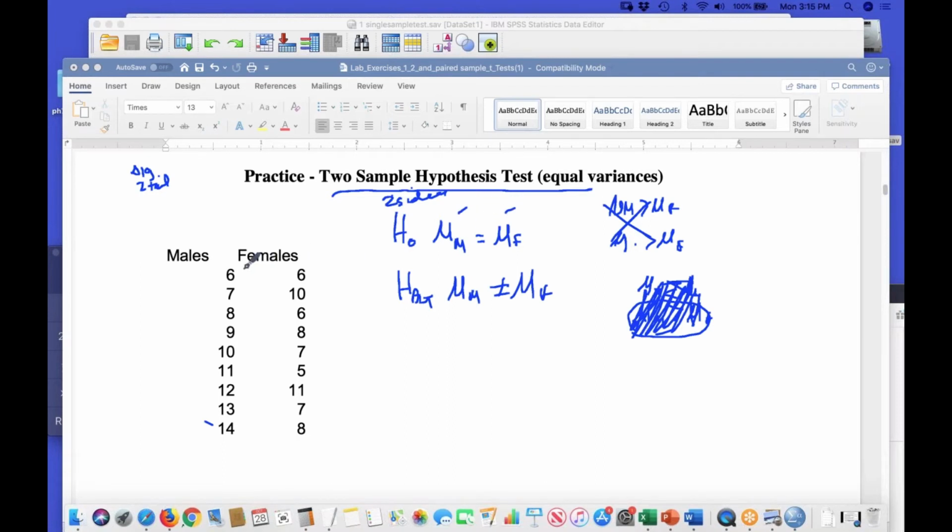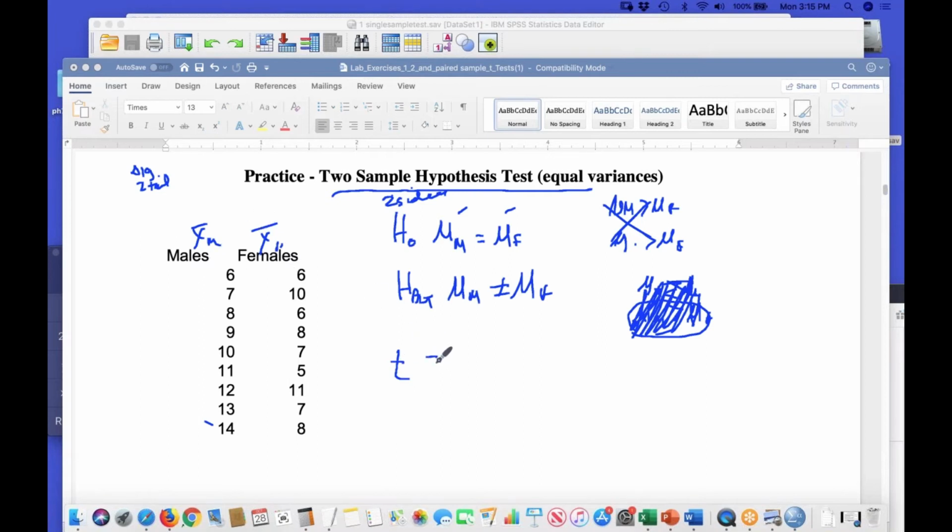We're left with just knowing the X bar for males and X bar for females. Hence, we have 2 sample results. We don't have 2 means. So how are we going to calculate what our value is going to be, whether or not we can reject the null hypothesis? Well, we're going to need to know what the t-value is for the difference between these 2